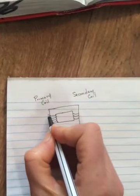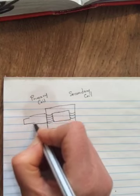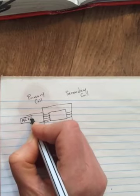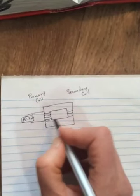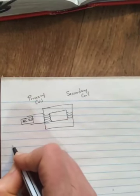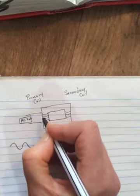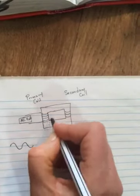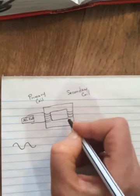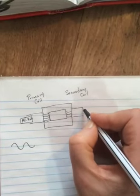The primary coil is hooked up to a voltage source. And not any voltage source, it's hooked up to an AC voltage source, an alternating current voltage source, so that the current that's flowing in this coil is changing. Remember, alternating current is sinusoidal. So the current flowing here is changing. The changing current then is going to have a magnetic field around it. Because it's wrapped around this iron core, where this other set of coils is,